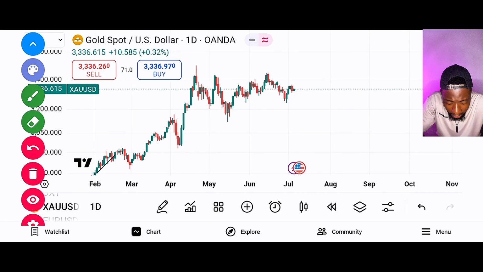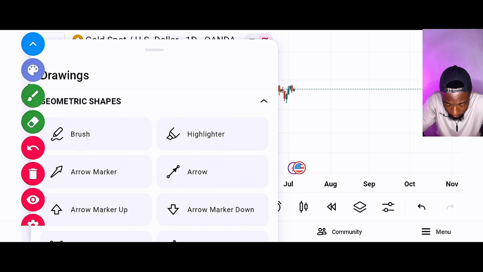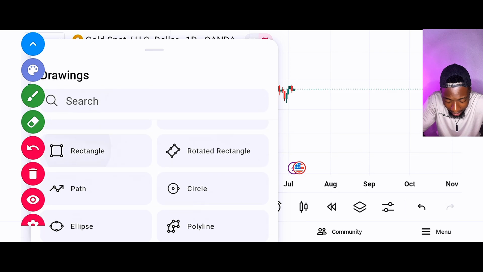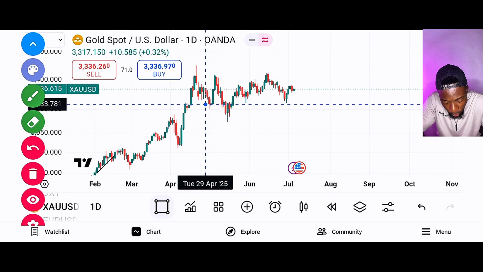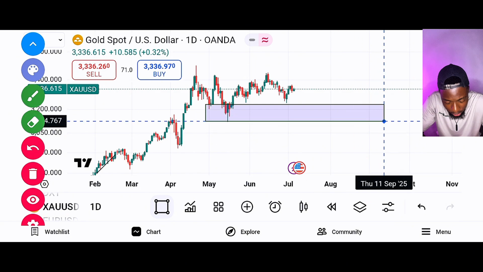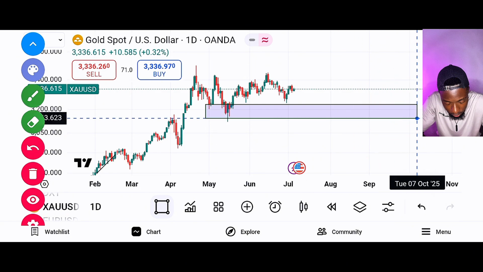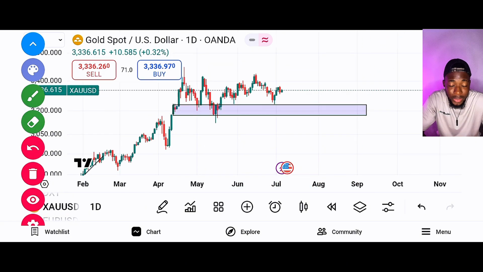Okay. Now, I told you that sometimes you can find a zone. Sometimes the higher time frame can present a zone for you. You can see that this zone is actually going to be very important because it's coming from the daily time. So sometimes daily time can give you a zone, but most times you can actually find this zone also in